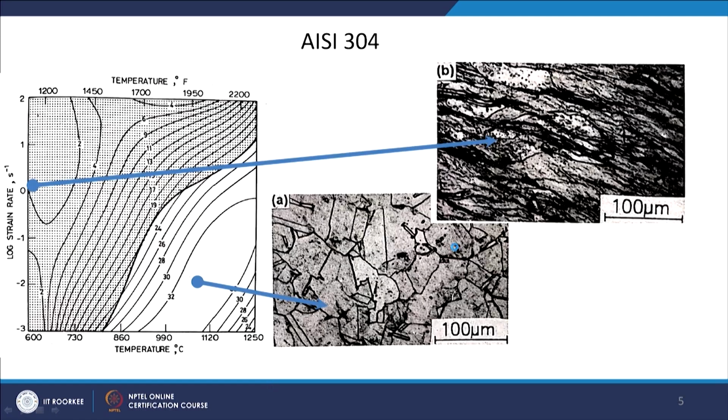This is another alloy, stainless steel 304. You can see a very large unstable region is shown here, and the efficiency is high in this particular area, around 32% or so, and there you can see the microstructure. Of course, it has a lot of these straight boundaries, and these are actually twin boundaries. So, these are not defects. Sometimes defects also look like that, but these are of course twin boundaries in austenitic stainless steel.